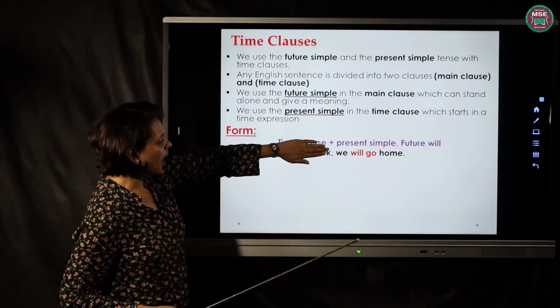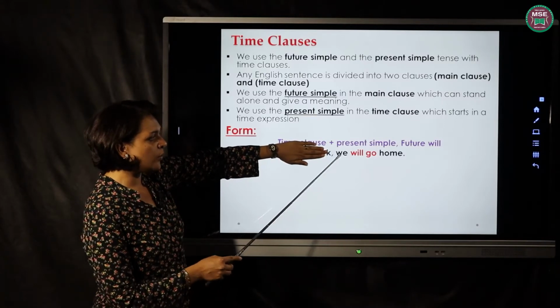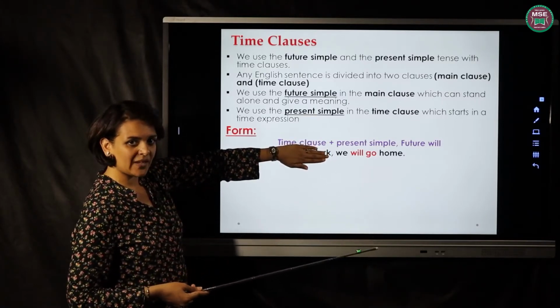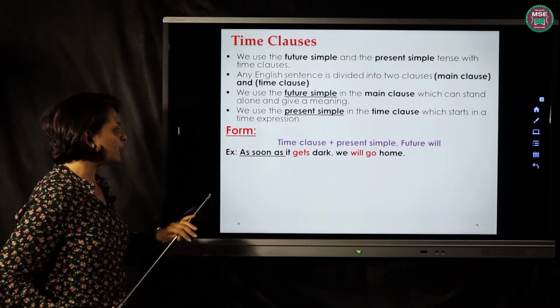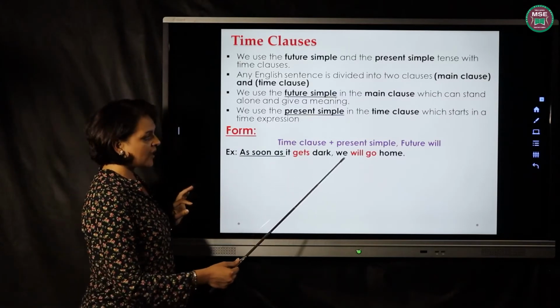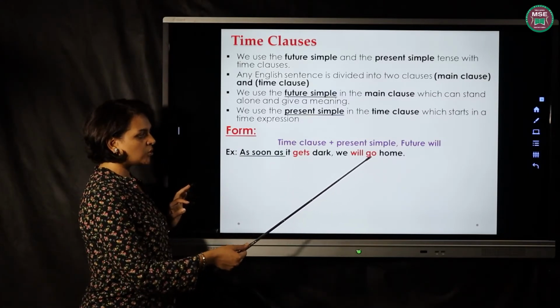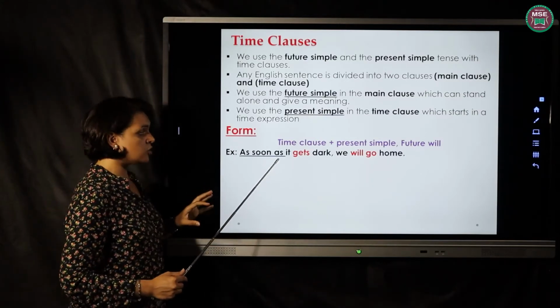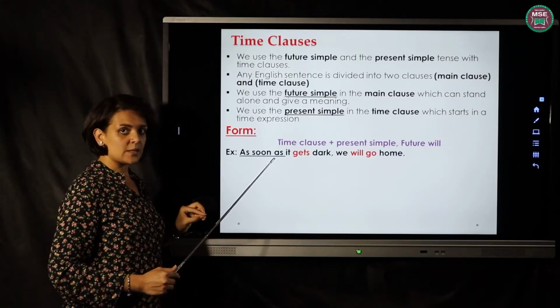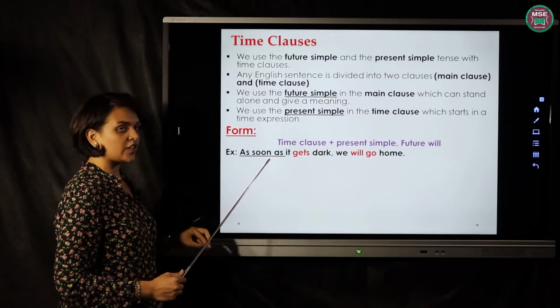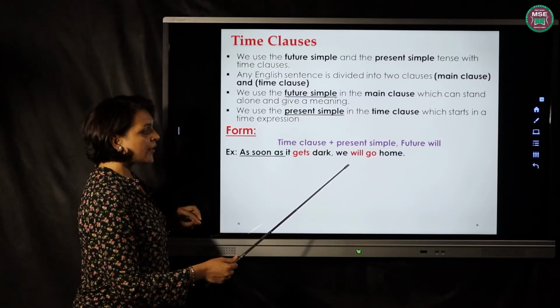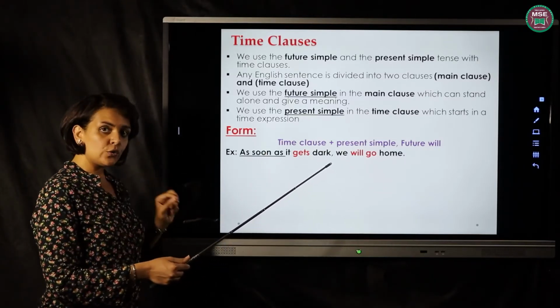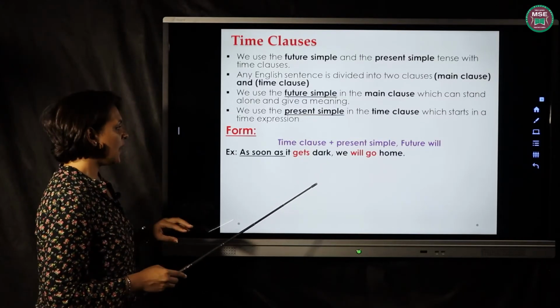If I hide this part and I say we will go home, you will understand something. But when I put this part alone without the next, which is the main clause, it will not give me a meaning. So again, in the time clause, we have to use present simple tense after the keyword of the time clause. On the other side, we put future will with the main clause.